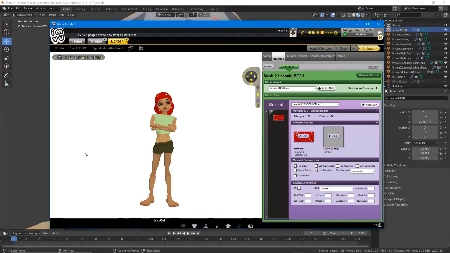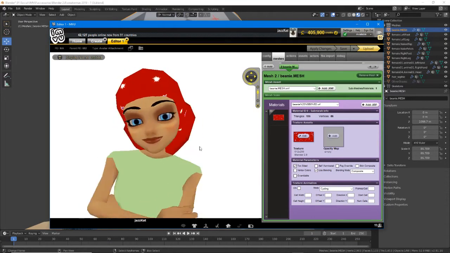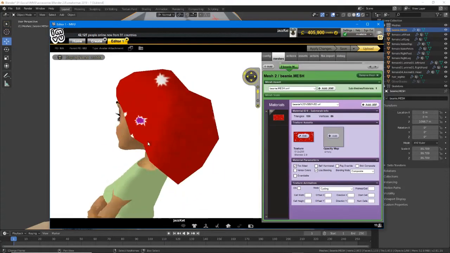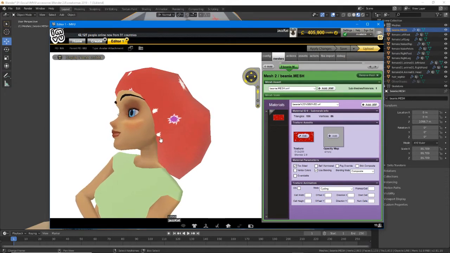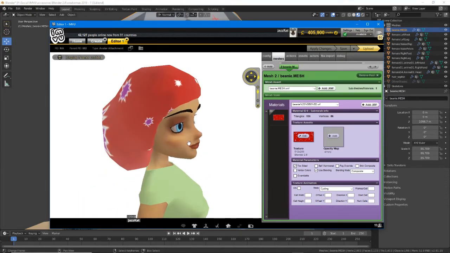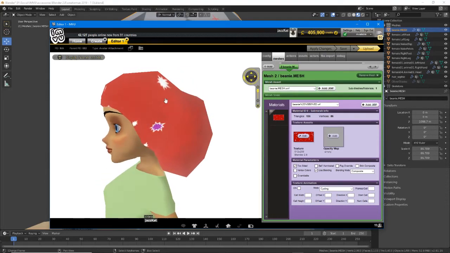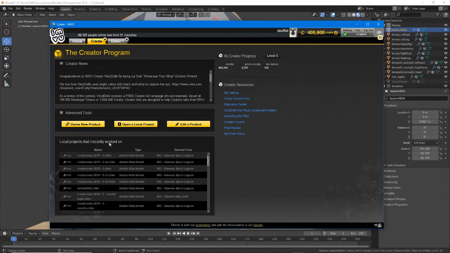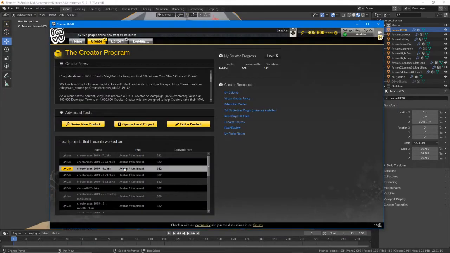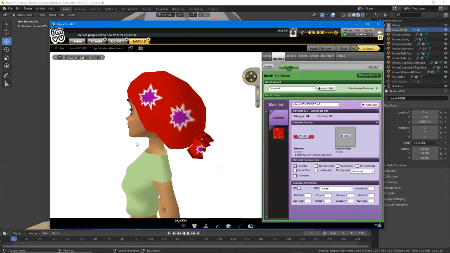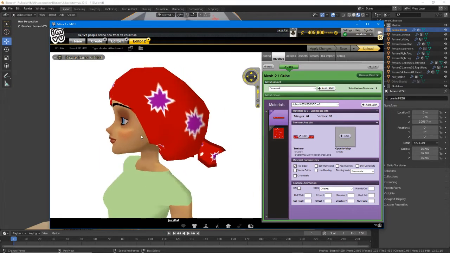Because our previous attempt looked more like a headscarf, and this kind of does already. It looks like one of those hairnet things. Not quite sure what they call those. Factory workers wear to keep their hair out of the way. So that's yesterday, but what we did before, where is it? Ended up looking a little bit like a headscarf. So